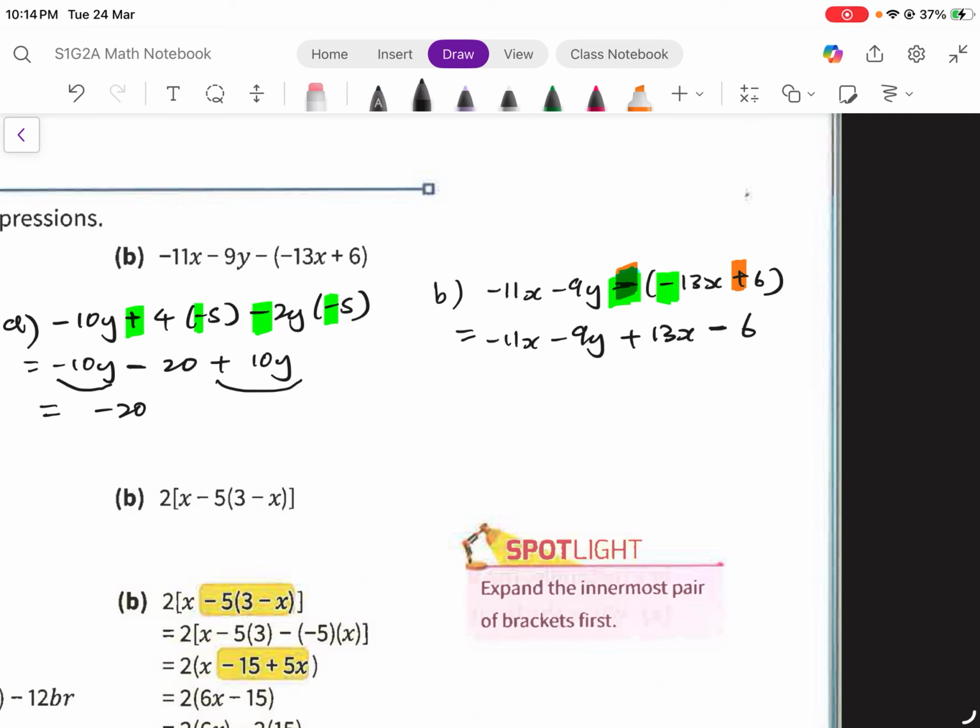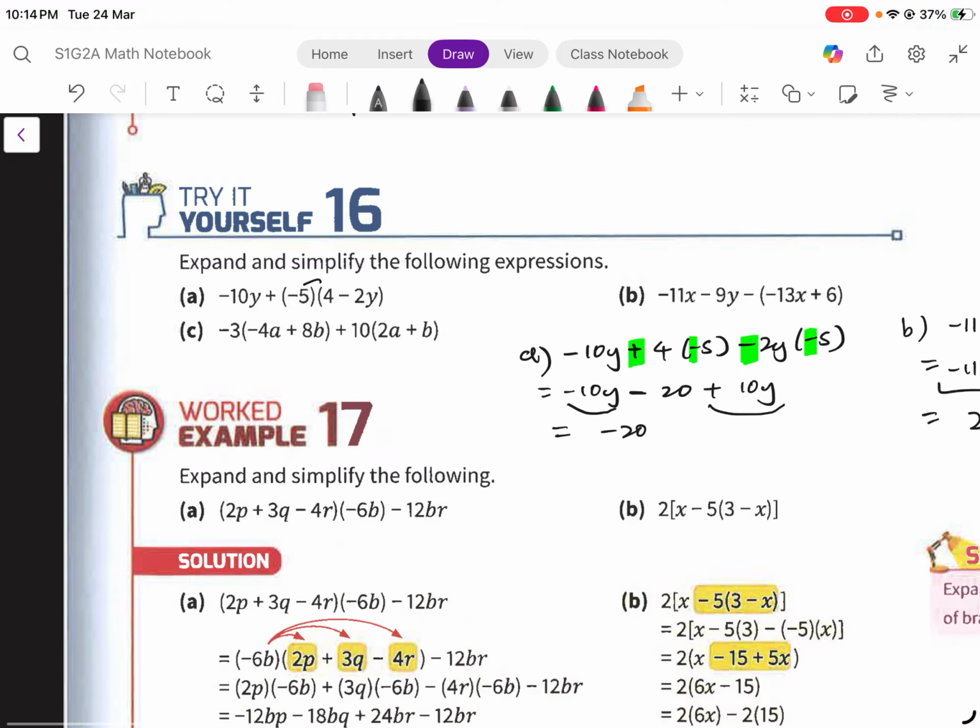Okay, so minus 11x plus 13x, because they are the same like terms. So minus 11 plus 13, 2x. Minus 9 and 6, no other like terms, so we leave it. Your answer. Okay. Then for part C,